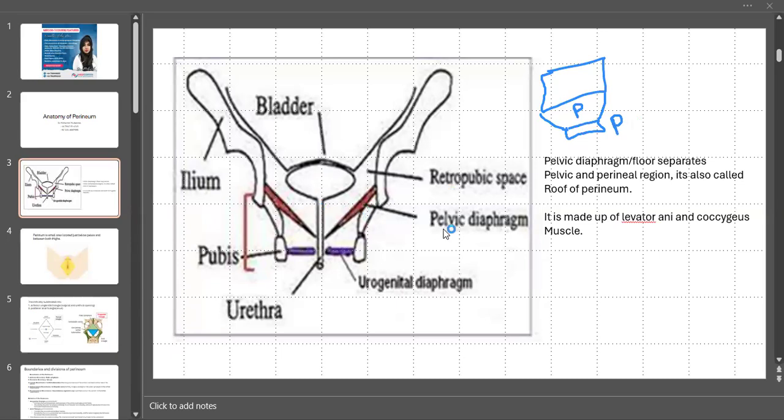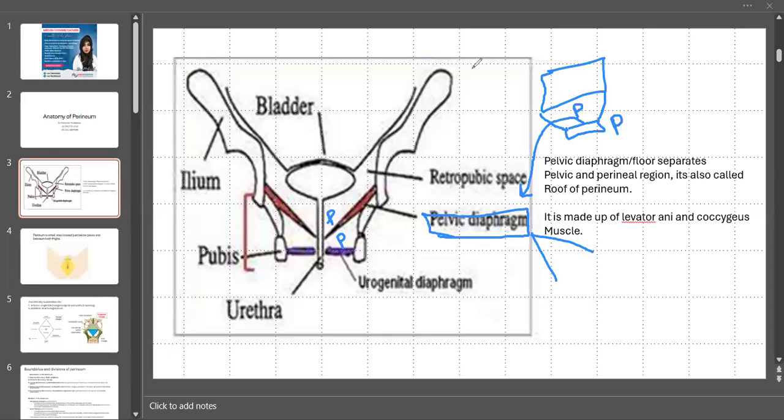You can see here, this pelvic diaphragm, you need to understand this point. First, this pelvic diaphragm is separating these two cavities. Now, Dr. Sana will tell me what this pelvic diaphragm is made up of. You can see this is like a curtain, like a boundary between the pelvis and the perineum. So what is this boundary made up of? It is composed of levator ani muscle and